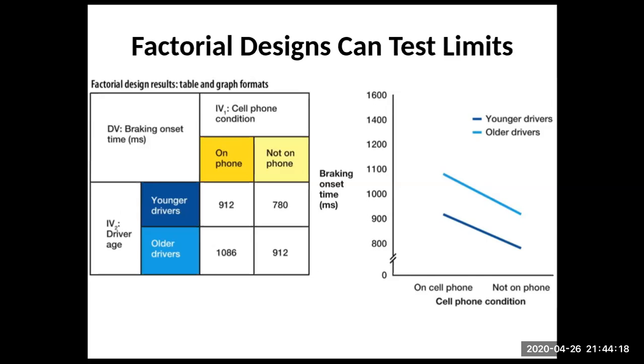Now, looking at these lines on the graph, we can see that the lines are pretty parallel. They are going the same direction. They are dipping about the same amount. So in this case, it does not seem to be a difference. Younger drivers and older drivers, right? Older drivers on average for both, whether they're on their cell phone or not, are higher or take longer to break than younger drivers. But the difference between on their cell phone and not on their cell phone seems to